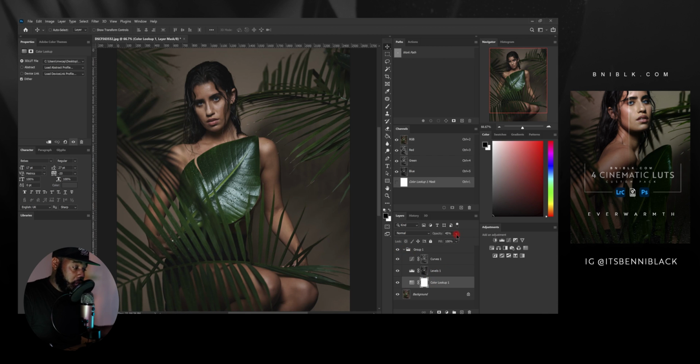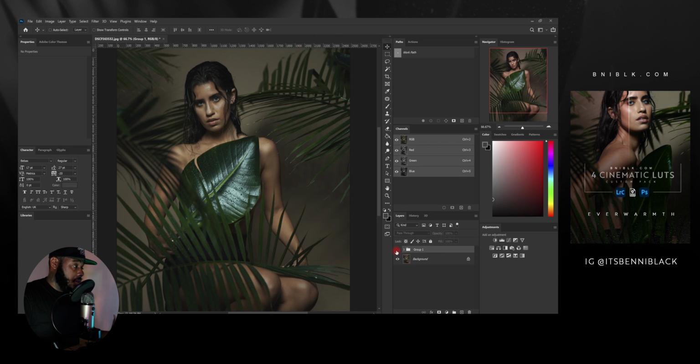Now just for, of course, experimental purposes, we'll turn it up just a little bit. So turn it up more. There we go. Now that's that overcast. That is really, really cool. Off, on. So as you can see, my LUTs really play into the dimensions of the highlights, the shadows,